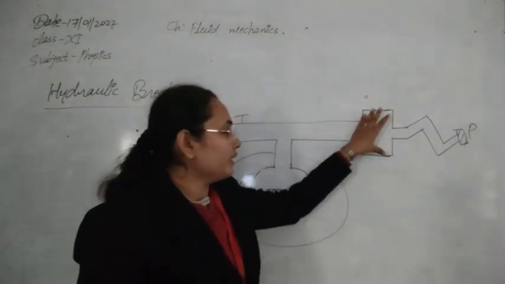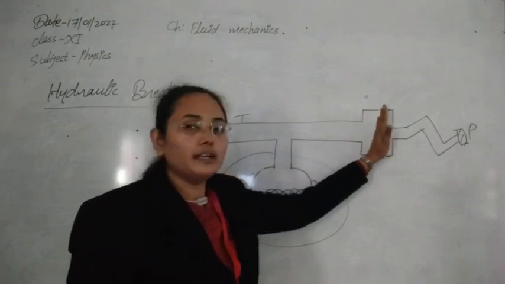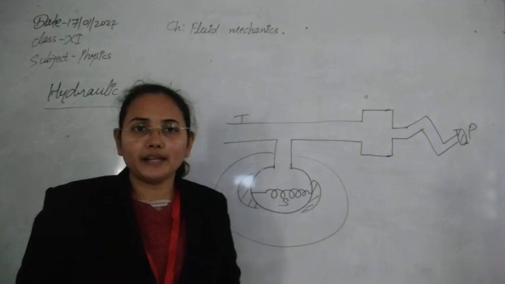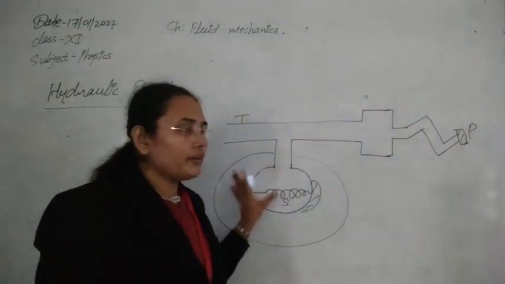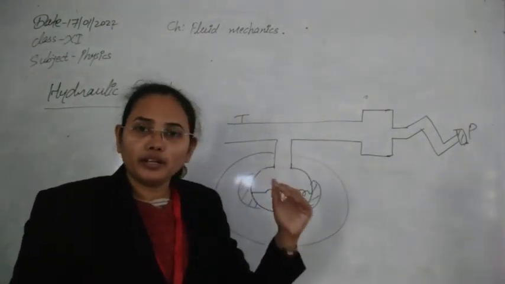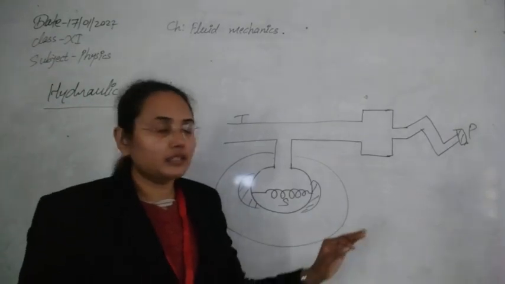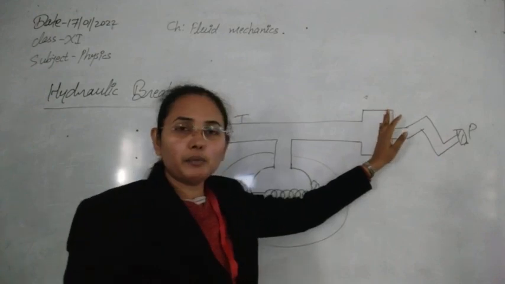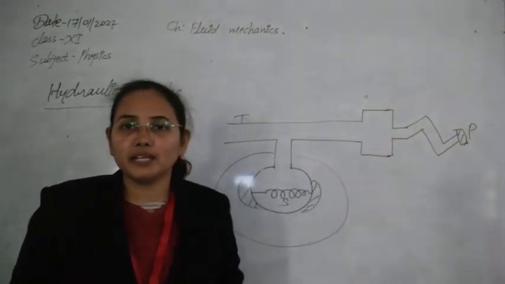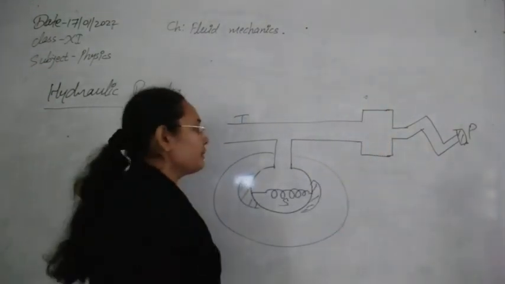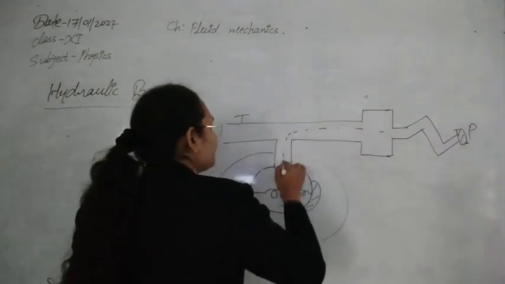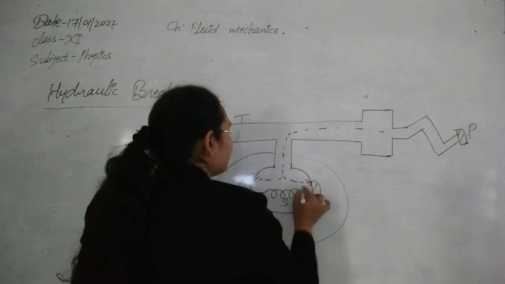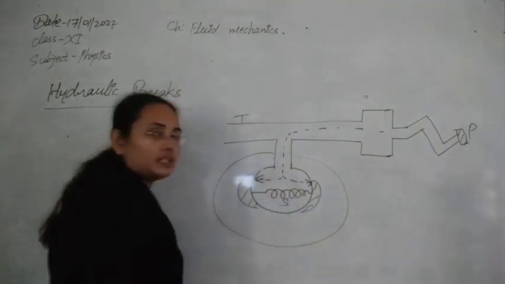Next, when we apply the brake through this pedal, excess pressure is suddenly created on this liquid. Before that, when we are not applying any brake, the pressure at every point is the same and the wheel is already moving. But when we apply the brake, excess pressure is created, and due to Pascal's law, whenever excess pressure is created, it is transmitted. So the pressure will transmit through the liquid from this point to this point, and it will be divided into two parts.